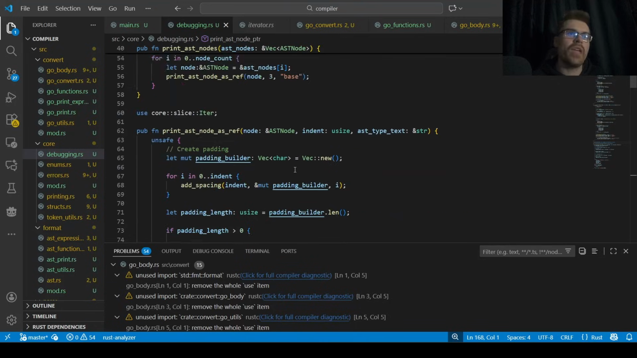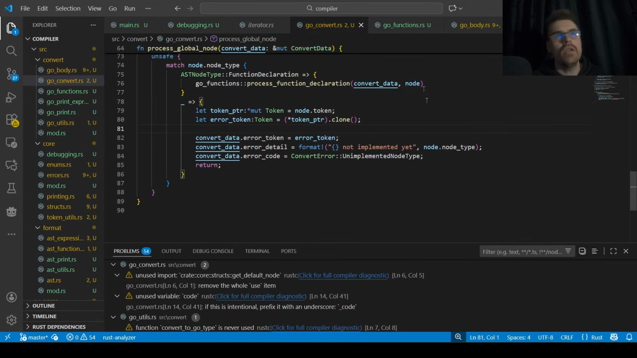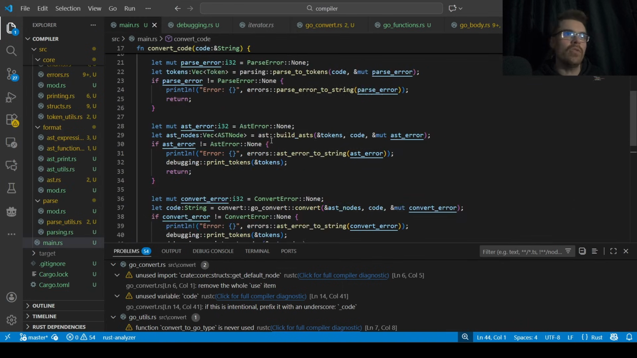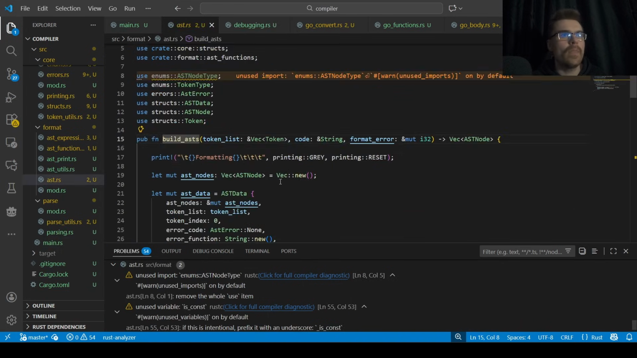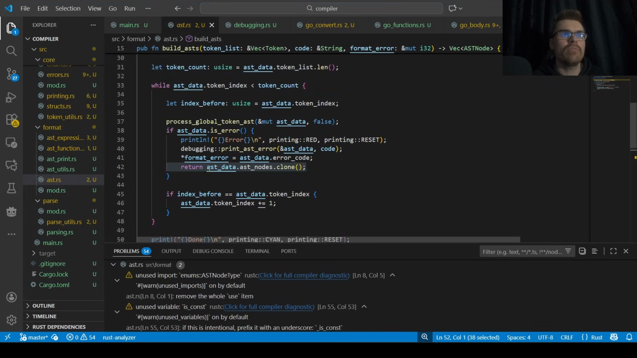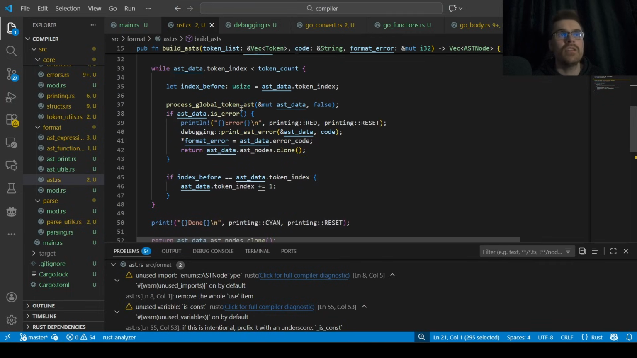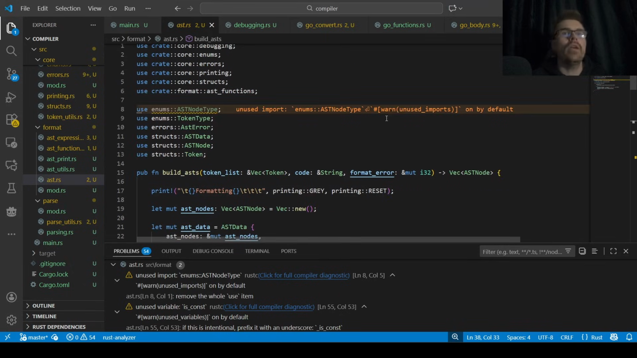But the main problem, again, is just the fact that you have to clone everything. You know, this.clone, this.clone. The AST nodes are cloned. This is cloned, that's cloned. Everything's cloned. The only way around that would be to pass it by reference, but then I couldn't pass it into the AST data, which means I'd have to pass it to this function as a separate parameter, and then I want to go insane because I have too many. Anyway,